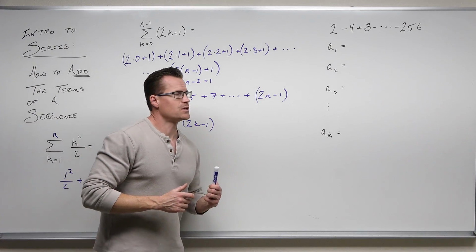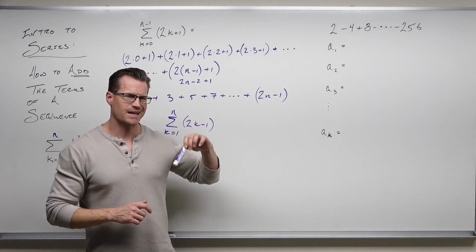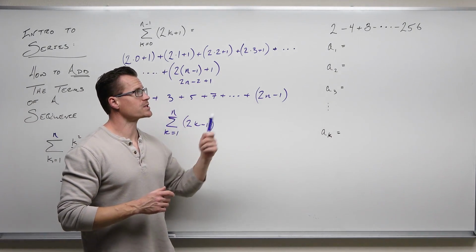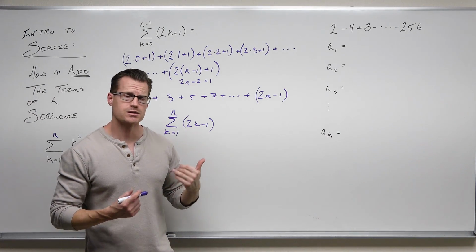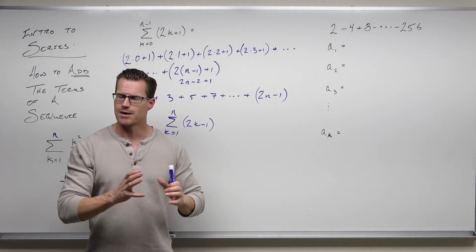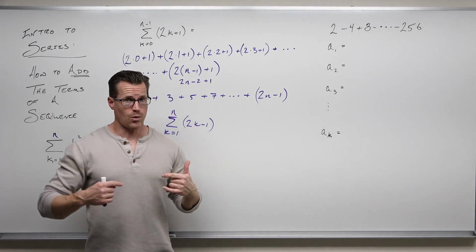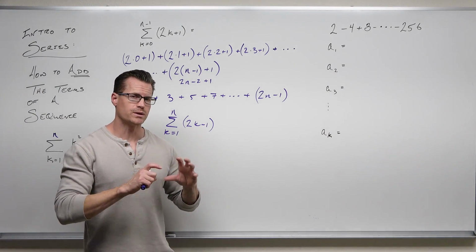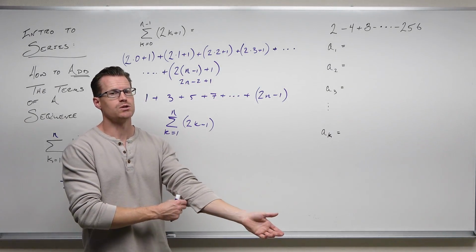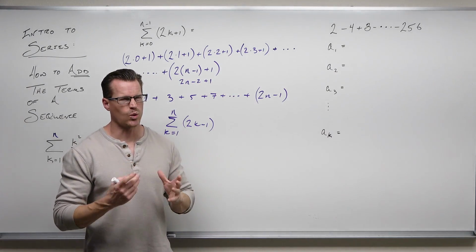All right, another thing that we can do is go backwards on a series like we went backwards on a sequence. We can build a series from a sum. And so we're going to show that. It is the same exact technique. So if you have not watched the sequence video on how we build a sequence from a list of numbers, you need to, because we're going to do the same thing here but quicker.